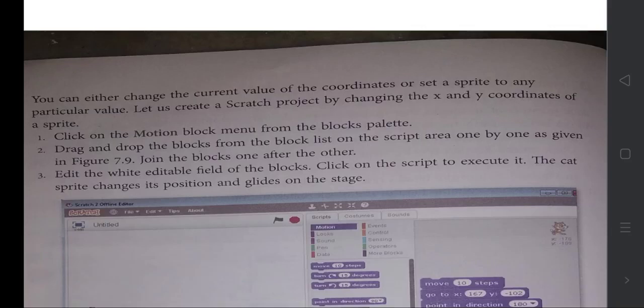Your book is a guide, so by seeing those pictures you have to work, if you have this programming pack on your computer. Now edit the white editable field of the block, then click on the script to execute. The sprite changes its position and glides on the stage. Understand?